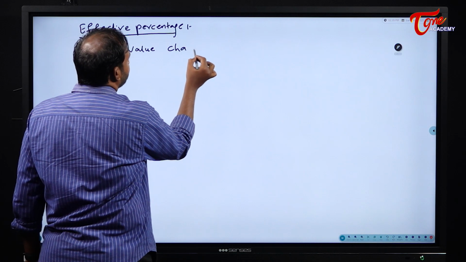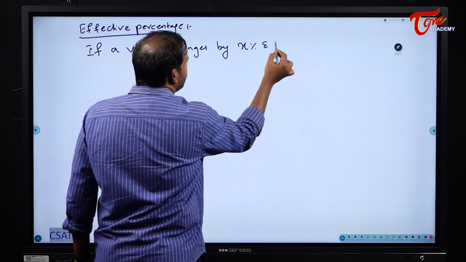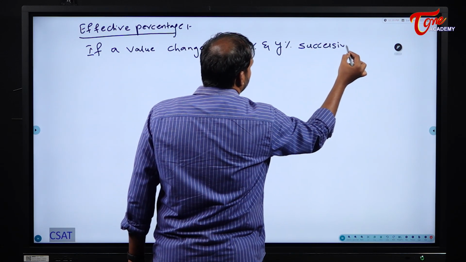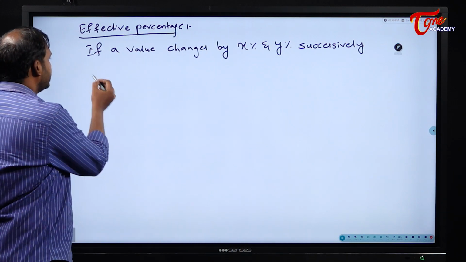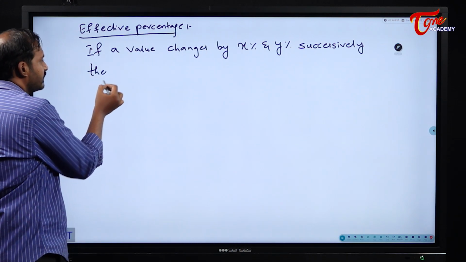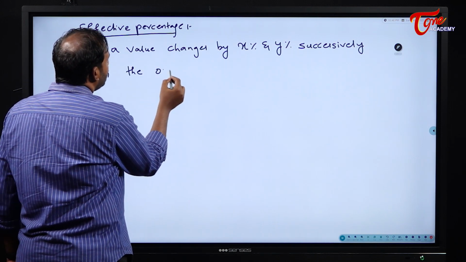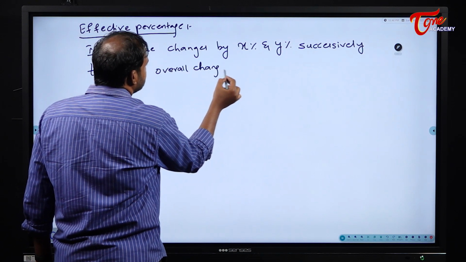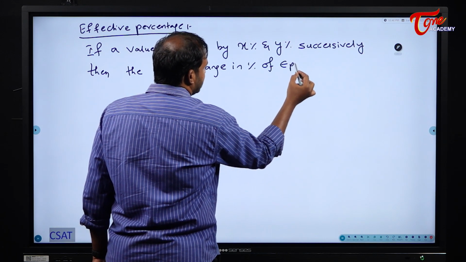If a value changes by X% and Y% successively, then the overall change in percentage, or effective percentage,